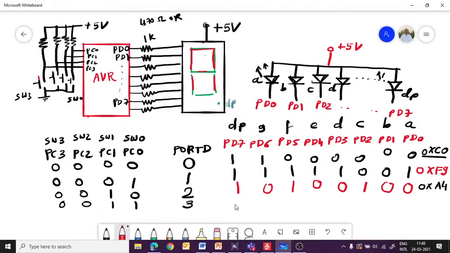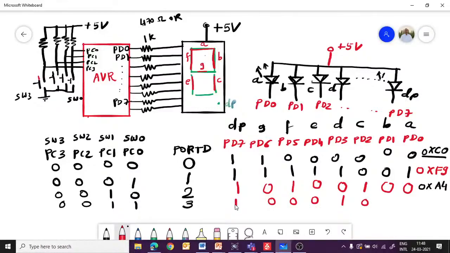So that means my A, B, C, this is D, E, F, and G should be on. D and DP should be off. So D and DP, if I make 1, my D should be 1, and all others should be 0.